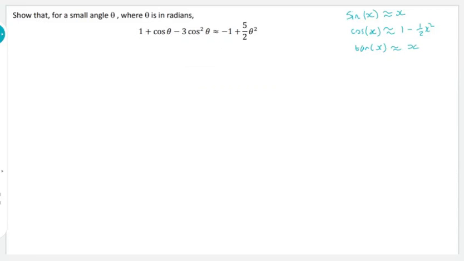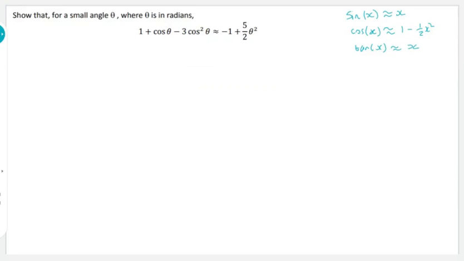I'm not really sure where to go from the first bit. I'm still trying to figure out where to go first. So, what did you do to begin with? I substituted in the small angle approximations, and I got 1 plus brackets 1 take away a half theta squared,